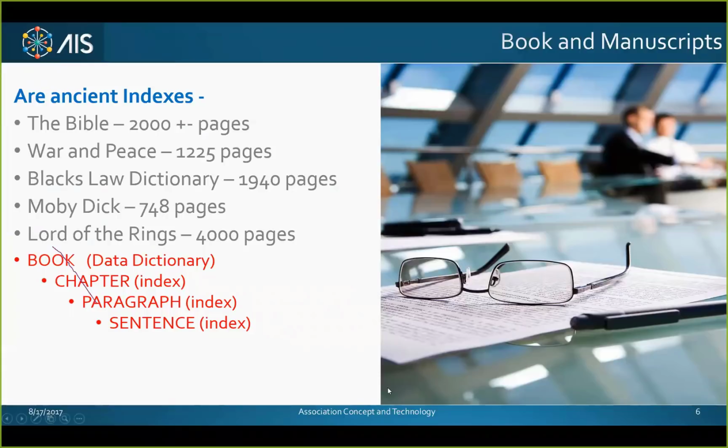Now, the fun part about this is that the unique words in all 5 volumes, or any 5 volumes that you should pick, is around 98.4%. Which means, in layman's terms, I can take all the words of the Bible and write War and Peace. I can take all the words of War and Peace and write Black's Law Dictionary. I can take Moby Dick out of Black's Law Dictionary simply by rearranging the words. And vice versa. I can create the Bible out of War and Peace because the data elements are the same. And that's a very important thing.